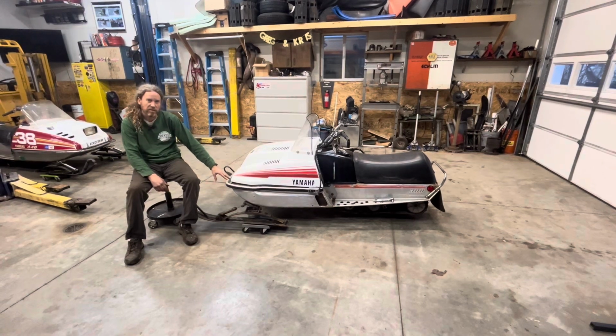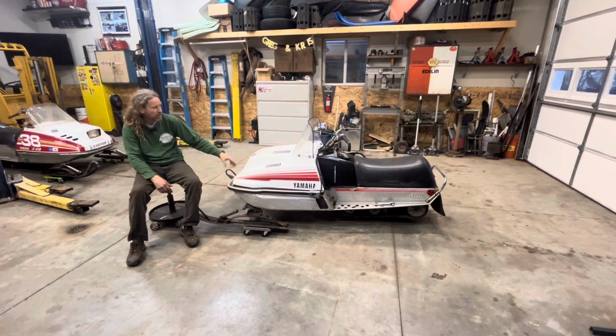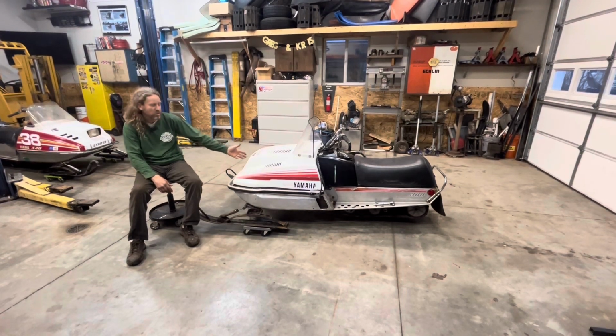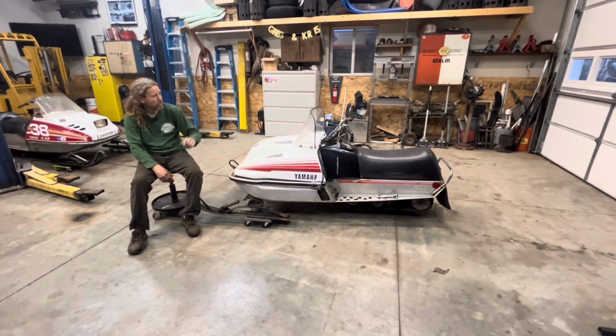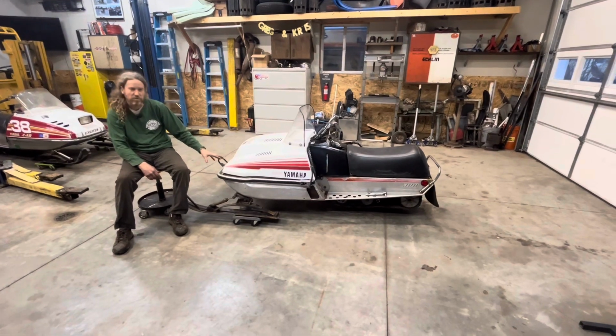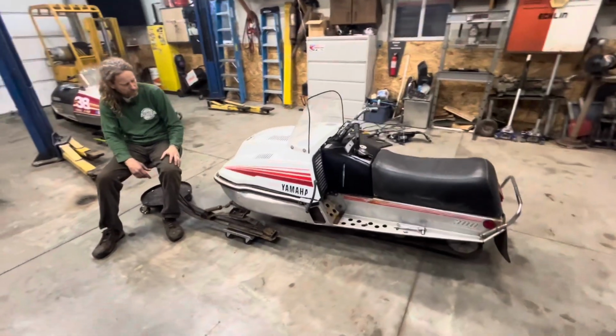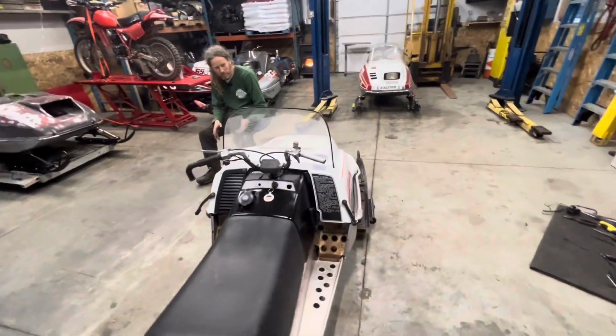That is this sled. Just happened to have the appropriate 1979 special twin ET300 hood up in the rafters here. So we put that on. It's on there just for looks right now, but even though we didn't need to build another sled,